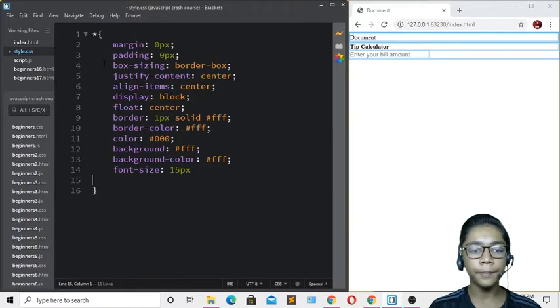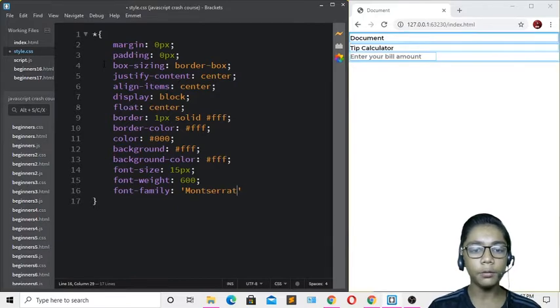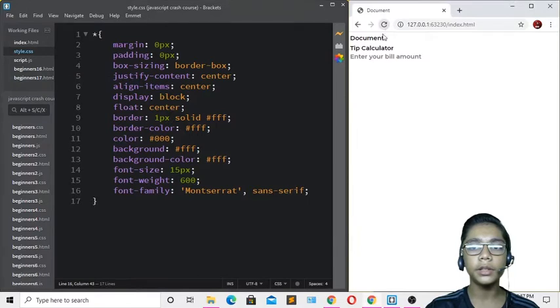Then right over here, write font-weight. The font-weight I need is 600. Come over here and write the font-family, which I will need as serif. So I'll be writing serif. Now when you've defined that, just write comma sans-serif. I'll hit save and now I'll hit refresh. Over here you can see it has been working.